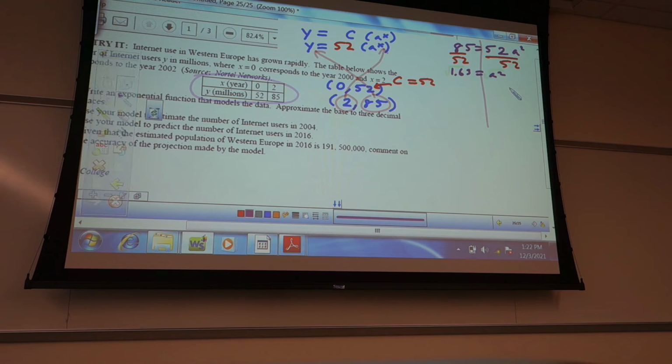Sometimes it could be harder to square root than do the exponent on the column. Yeah, so maybe I better write this down. 1.63 to the 1/2, that's square rooting, equals A to the second to the 1/2. That's the square rooting part. So then we end up with